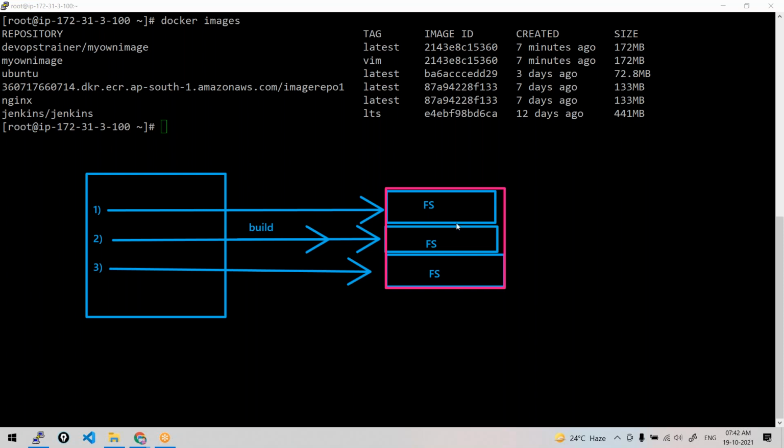And all these file system layers will be managed by the Docker daemon. The Docker daemon will take care of it. You need not explicitly check those layers. Those file system layers will be created with the Docker instructions you write when you build the image. This is what happens at the backend when you build a Dockerfile.